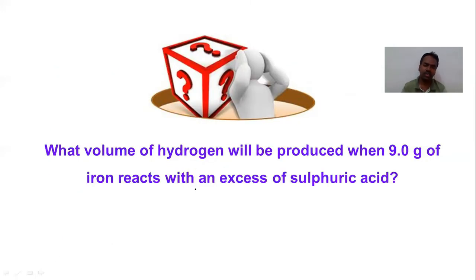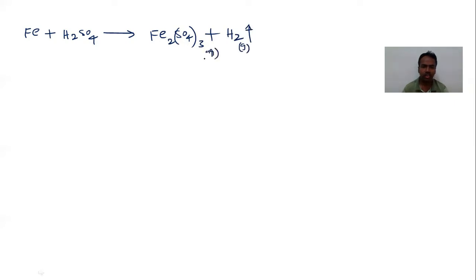Sulfuric acid reacts with iron to form hydrogen gas. Let us see the solution here. You know, iron is a metal. It is placed above hydrogen in the electrochemical series. Any metal which is placed above hydrogen in the electrochemical series can react with dilute acids and liberate hydrogen gas. So this is the basic point in chemistry. So this is gas, this is aqueous, and this one is solid.